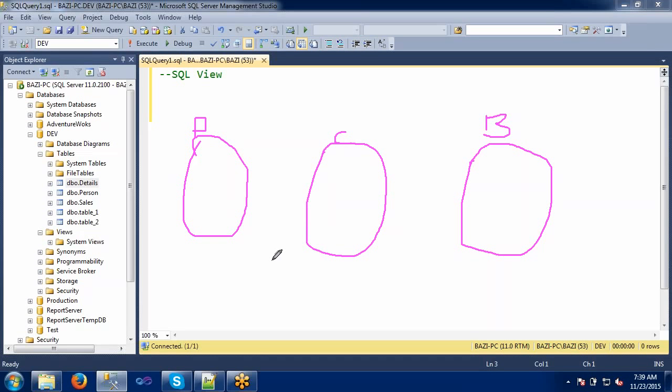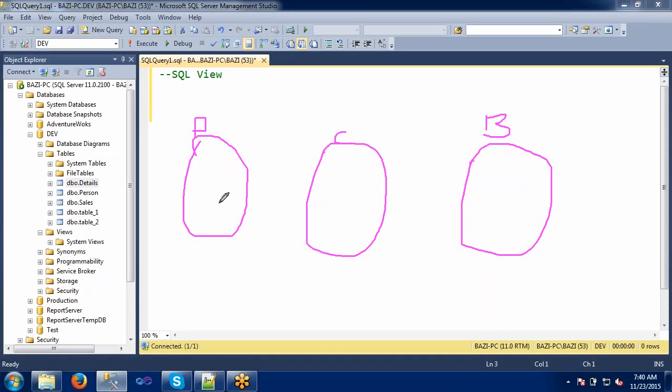If the end user looks into that view, he doesn't understand what exactly these columns are. The view will be a collection of a few columns from each table. So the view will be highly secure.